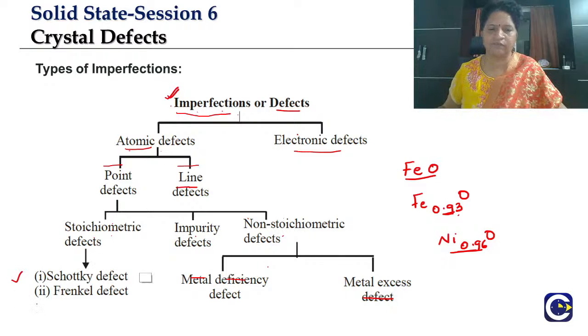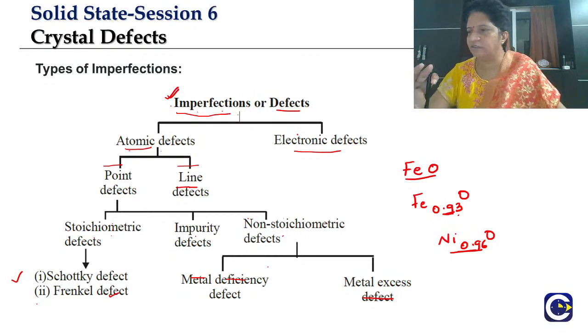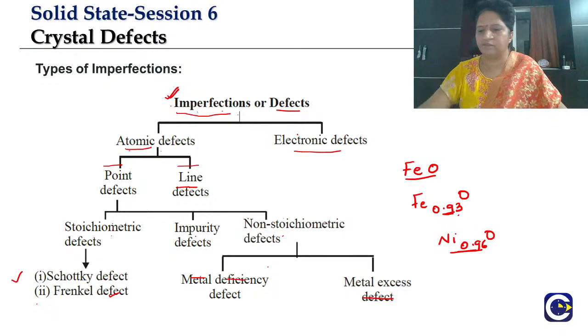Stoichiometric defects are very important from the exam point of view. Schottky and Frenkel defects can be asked in your board exam, and in objective exams, that is your NEET exam, they will give importance to Schottky and Frenkel defects. Along with this, what we have done in density and yesterday's topics are equally important for your competitive exams. First you should read the textbook well, the NCERT textbook. Then you try to solve as many questions as possible till you get confidence. So let's take